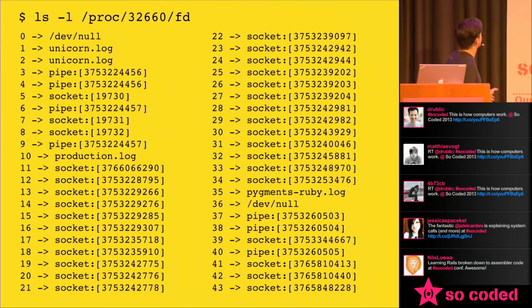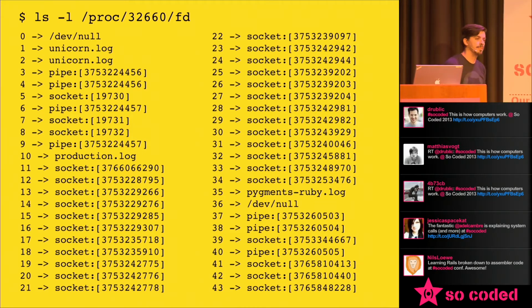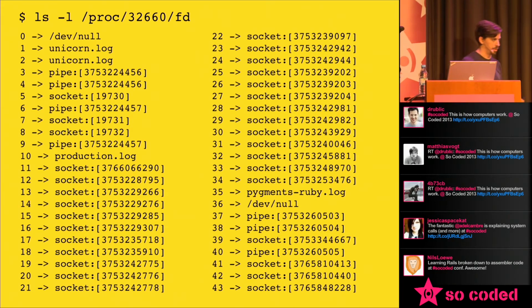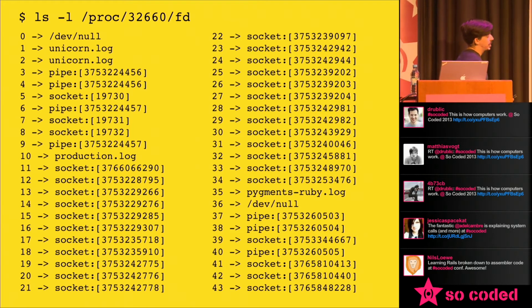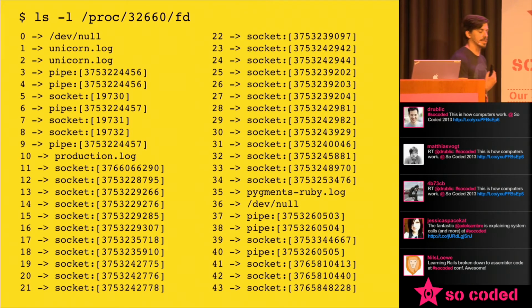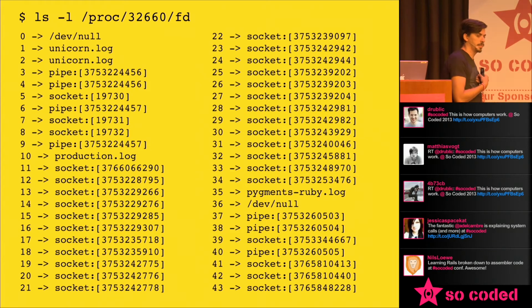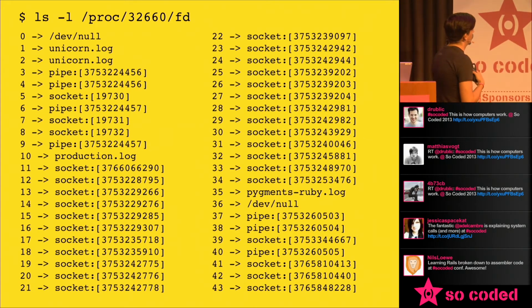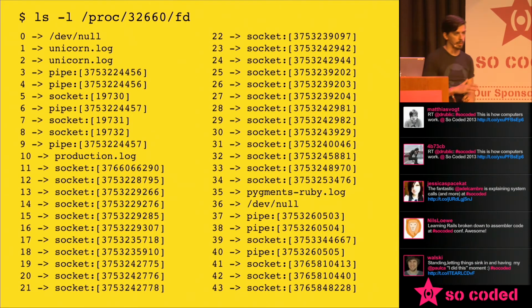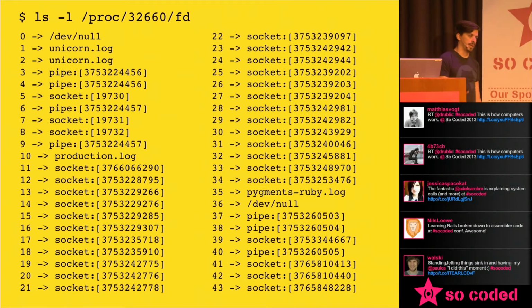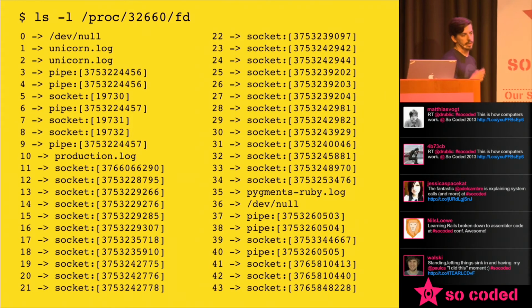But pretty much most other things, there's a couple of pipes, but most other things are these sockets. And sockets are how we do network communication in Unix land, and actually most other places as well. So one of those sockets is probably the listening socket, the one that we're listening for incoming connections on, because we're writing a web server here. Some of them are probably a MySQL connection to the MySQL server, Redis, Memcache, things like that. One of them might be an established connection for a client we're actually processing right now. So these could be any kind of network connections, and they all look like sockets.